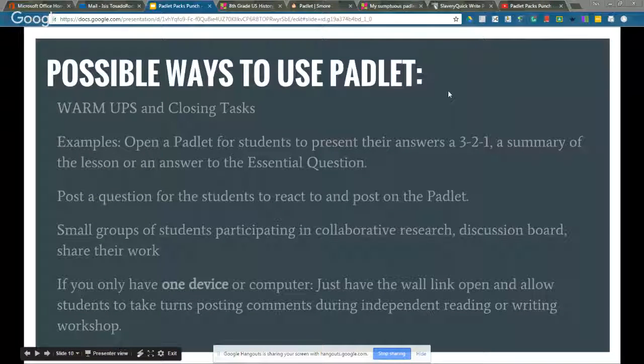Possible ways. And let's start talking about the assessment, the formative assessment, because that's what we're working on today. There are different things that we can do. If you have access to devices every day, you can use it as your warm-up and closing task. So they can just post on the Padlet for the day the answer to the warm-up and the answer to